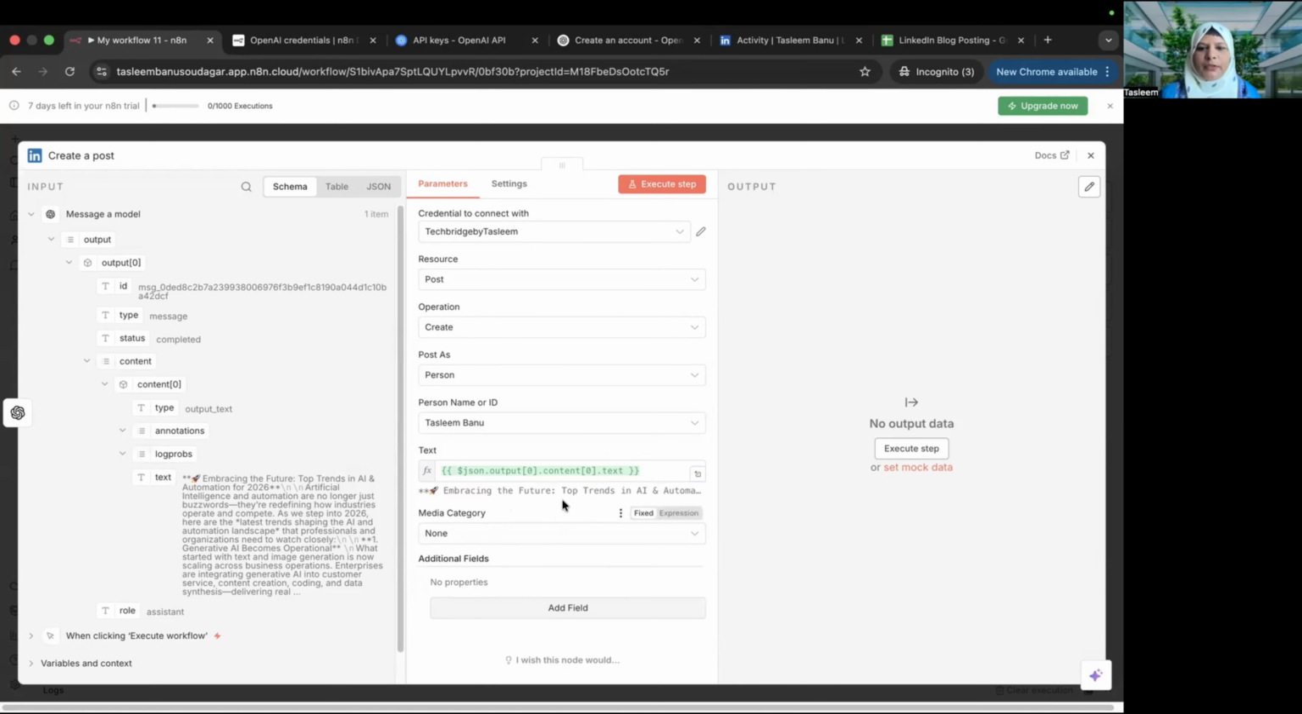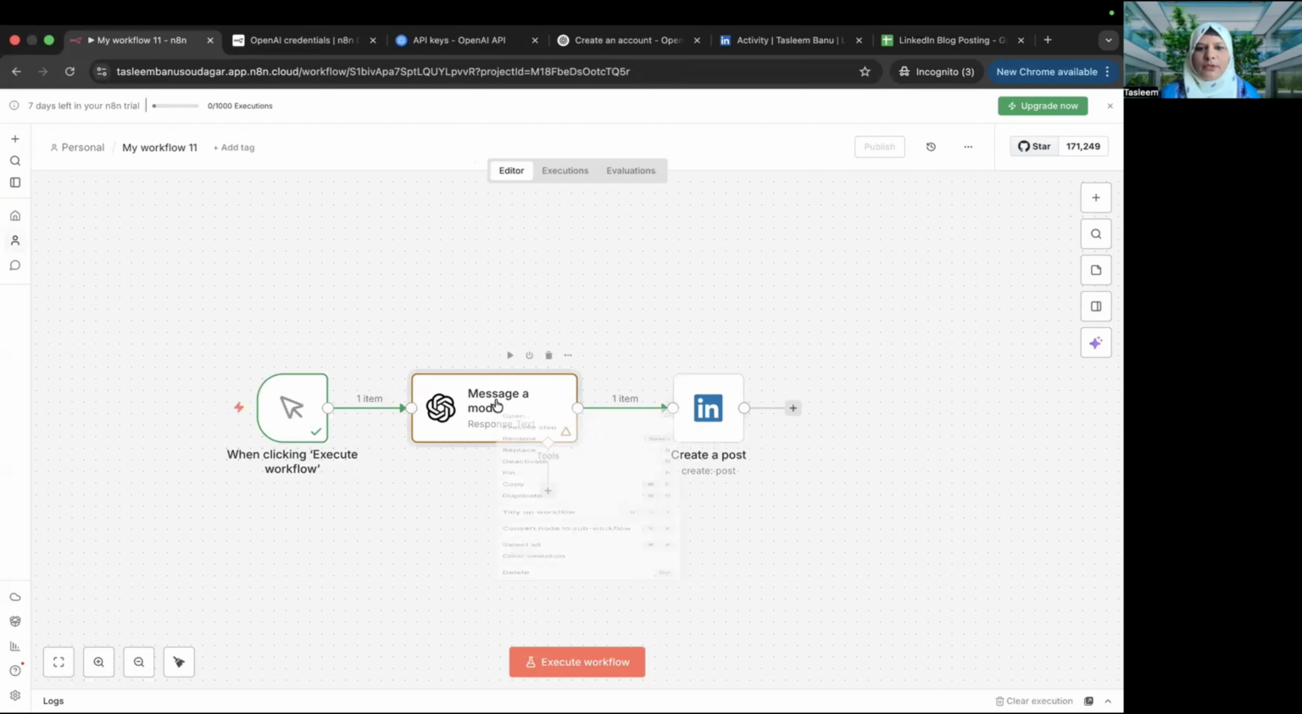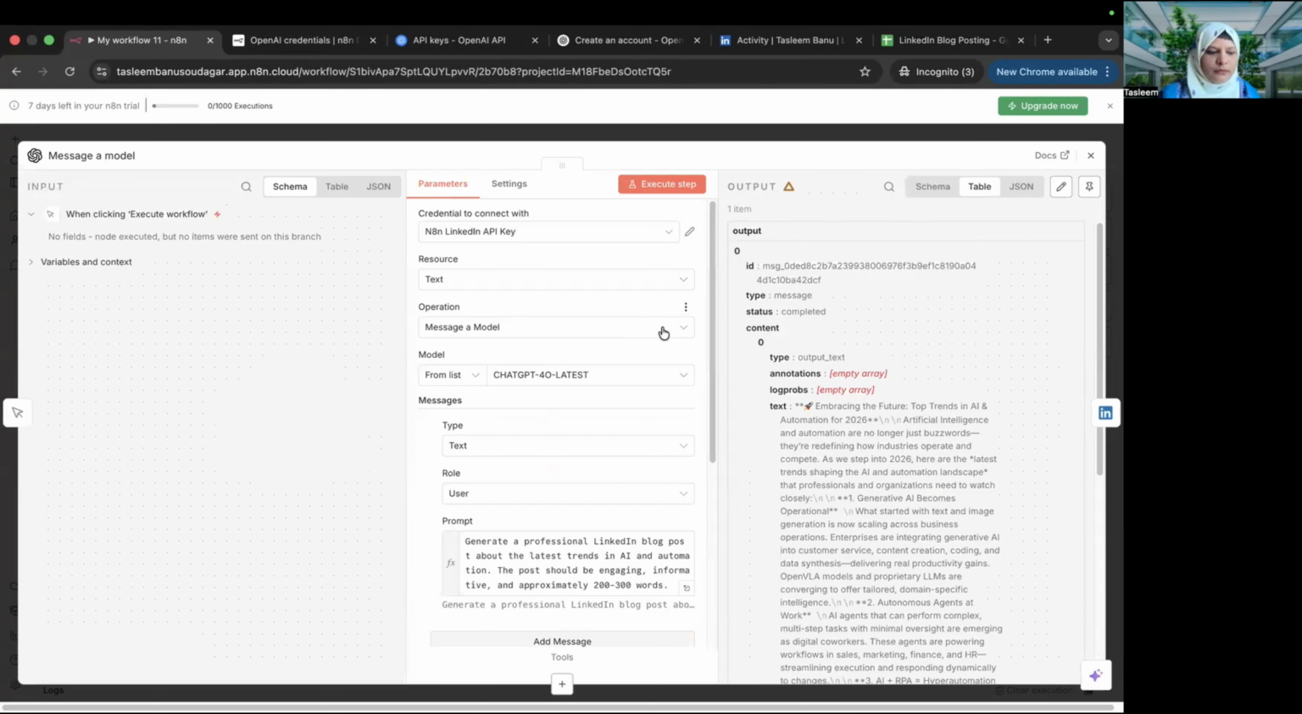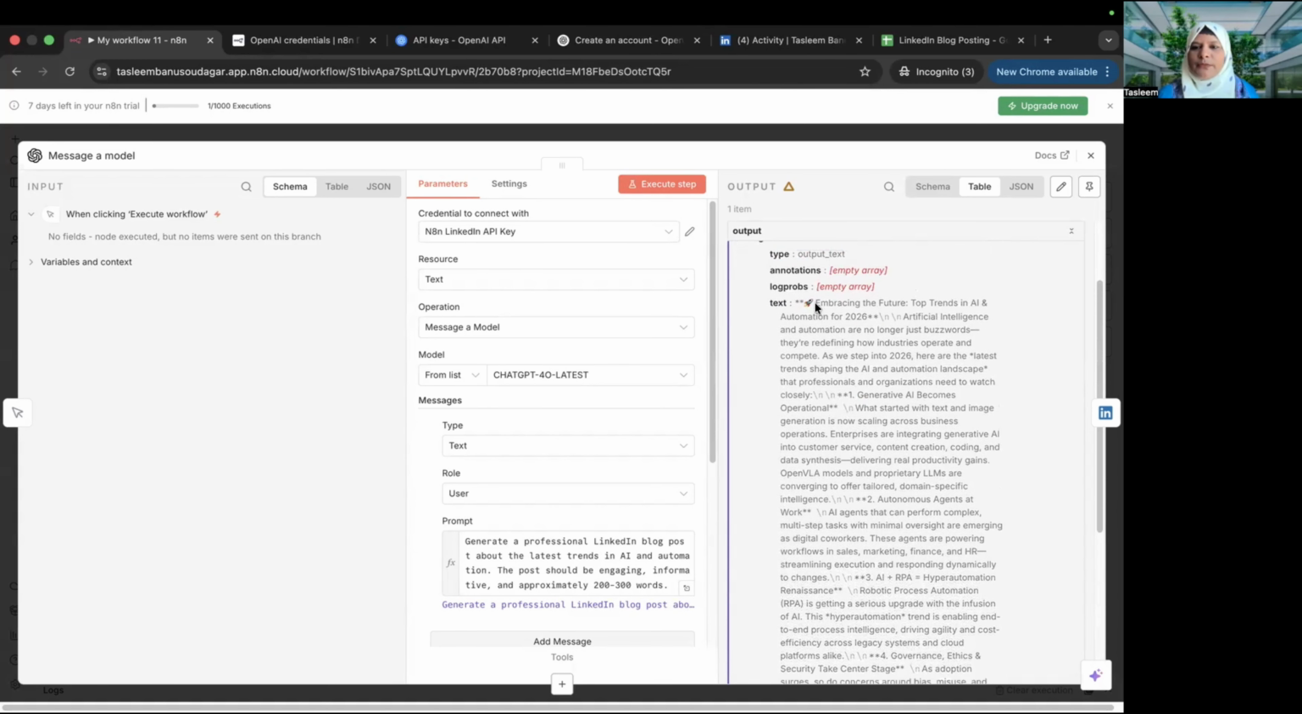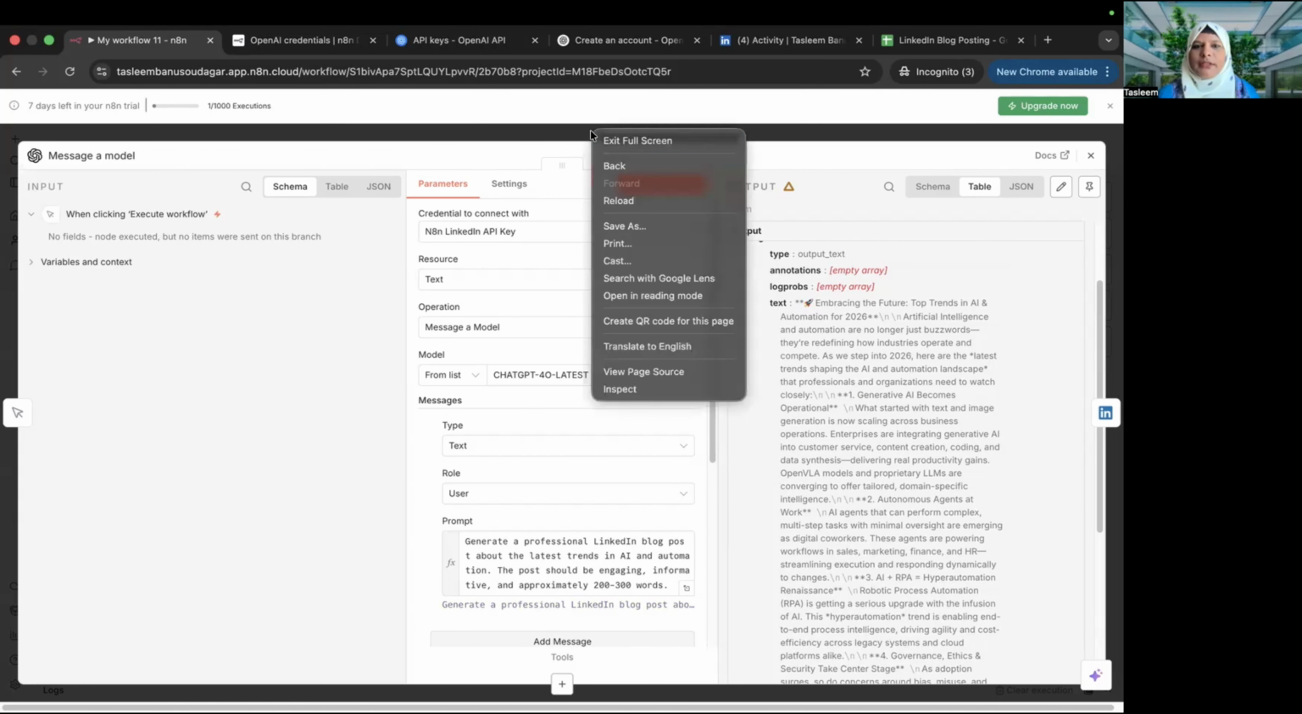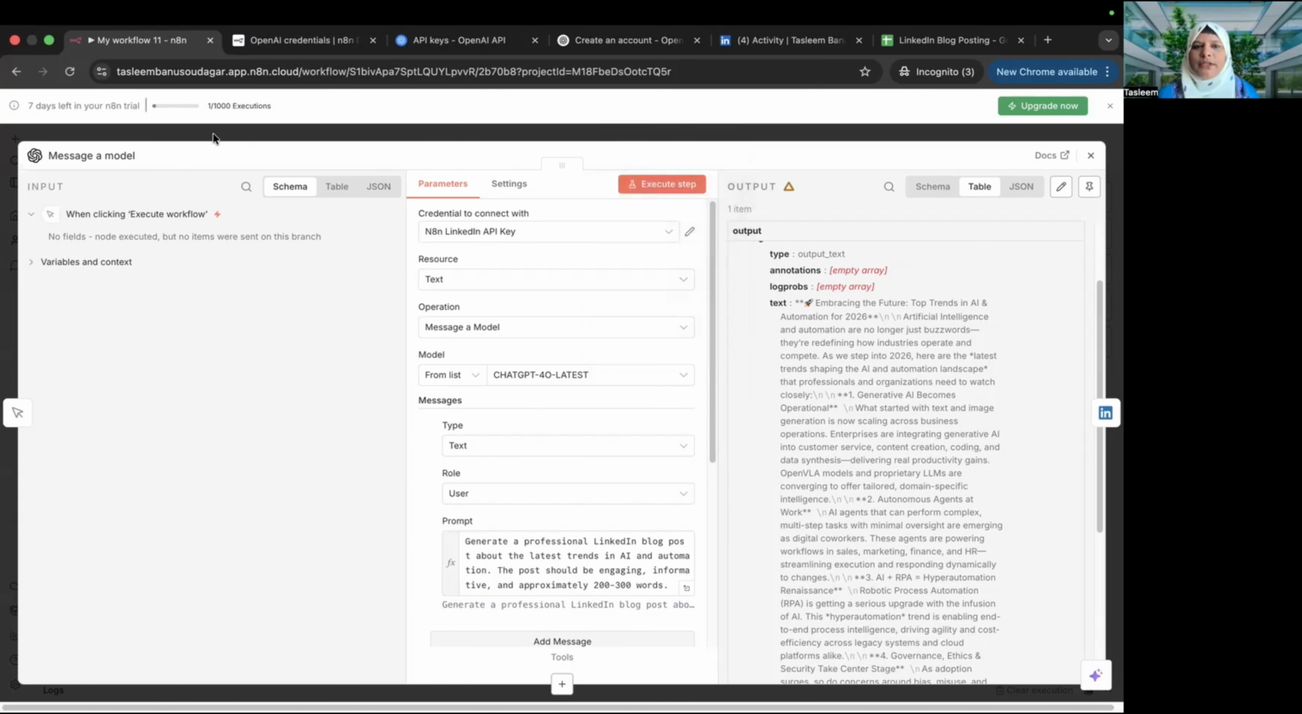Okay. So this is my text. So just ensure, go back to the OpenAI model. As you can see, the output here. Just verify the output from your OpenAI model. Once you do that, once you confirm,